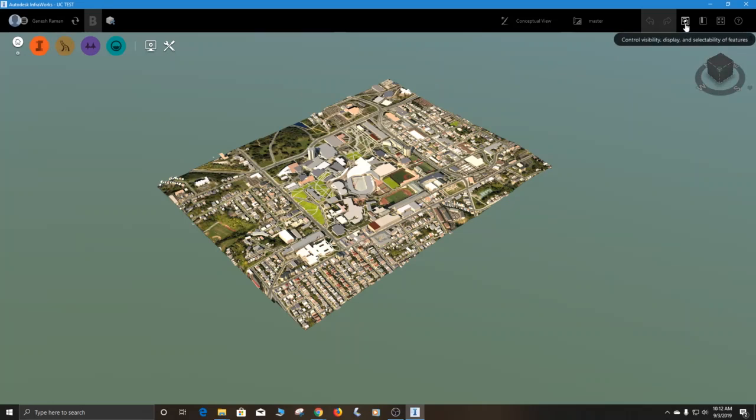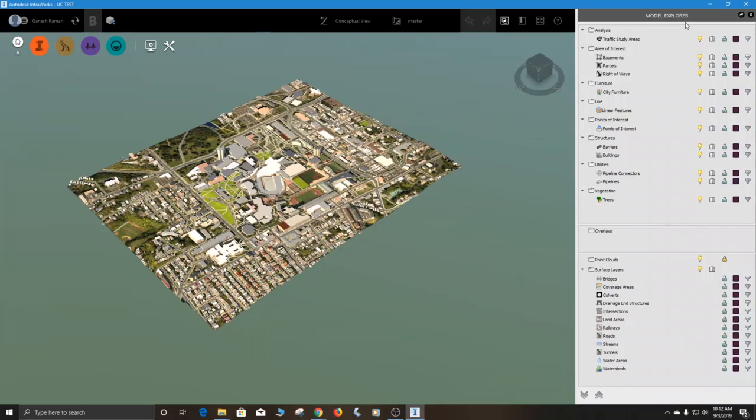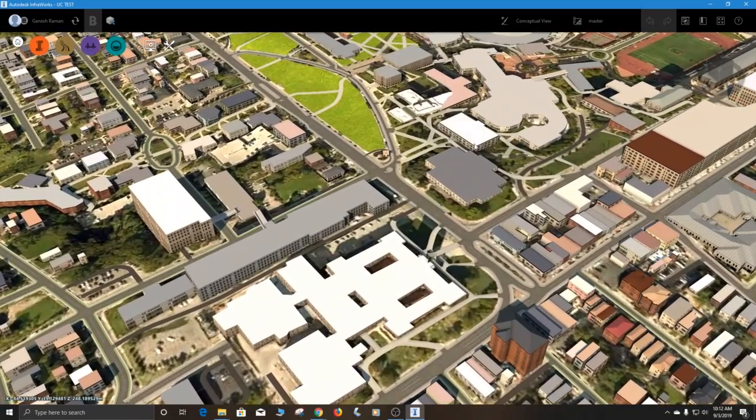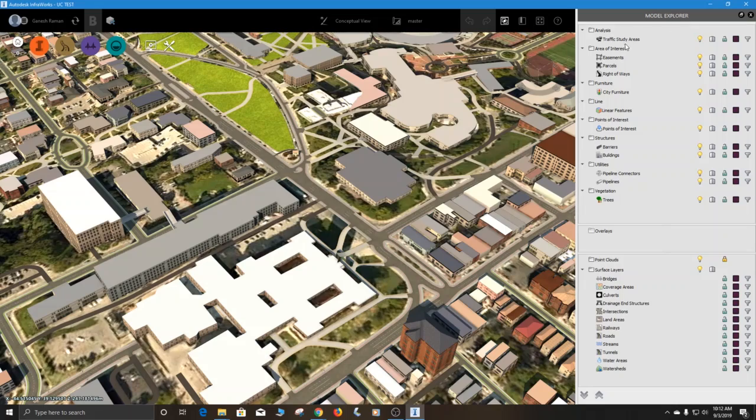Staying on the view, there are also other settings, like layers to turn on and turn off layers, like in Rhino. I'm going to zoom in over here. So if I turn on this Model Explorer here, which is under Control Visibility, Display, and Selectability of Features, it gives you all of these basic layers that InfraWorks creates by default. So